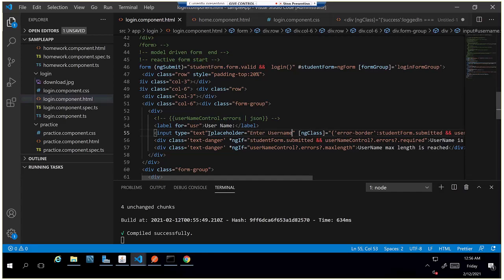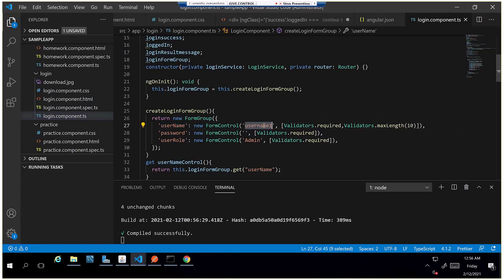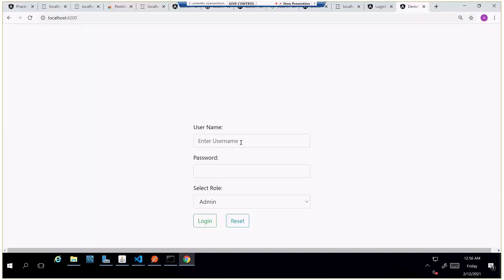When you click on it, the username is there, and otherwise it will say enter username inside the box, in gray. Once you click it and start typing, it goes away. If I remove this, it comes back.